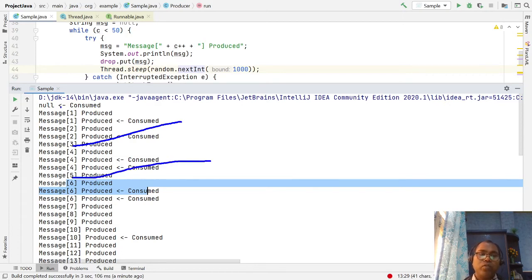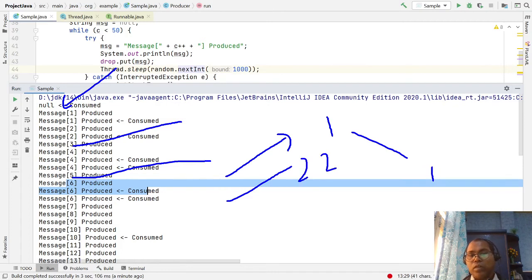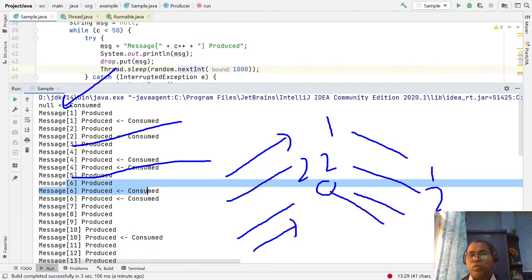Your consumer, there is no message still they are consuming. So what I want is: the producer produces message one, first the consumer consumes one, then the producer produces two, then the consumer consumes two. Okay, if there is no data, then the consumer should wait. If the producer has produced one item and until this is not consumed, the producer is waiting as well. So in this way, one message is produced, then one is consumed.